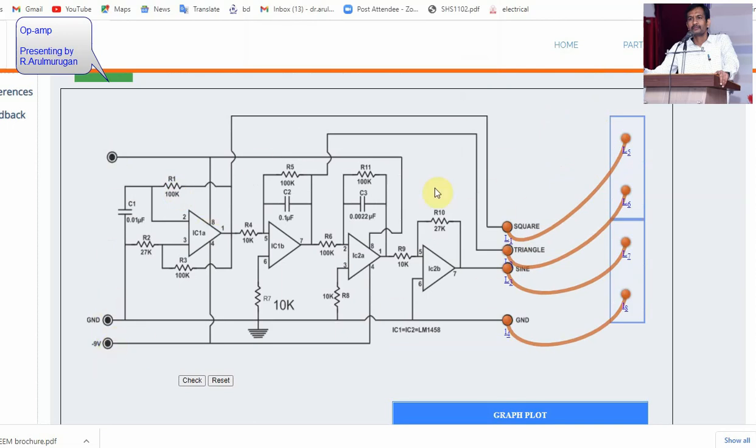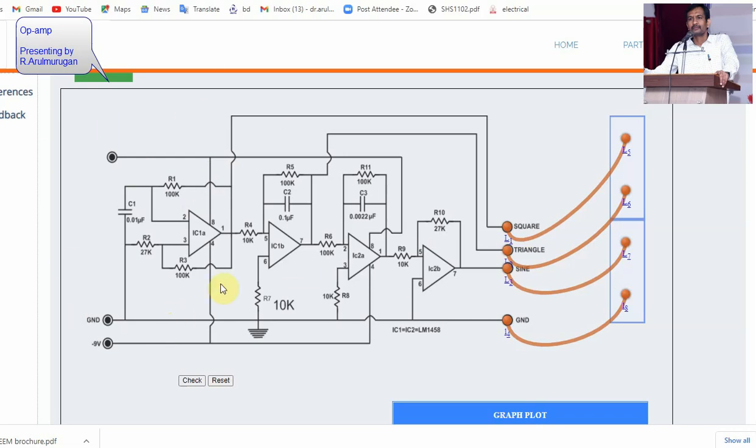This is the function generator. Where is the pin number? Here it is. It is wrongly written as 8 here, so this is pin number 8. Pin 7 you apply with respect to pin 4. You give the minus power supply to that one. Similarly it is present here also, though not visible to you. Every op-amp you need to give plus VCC and minus VCC.